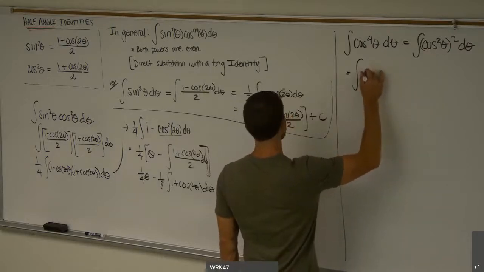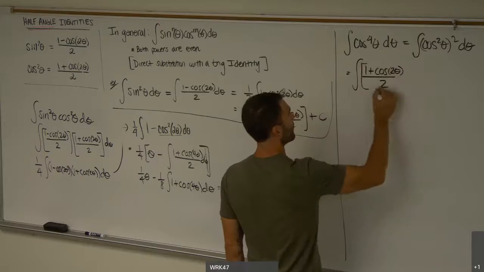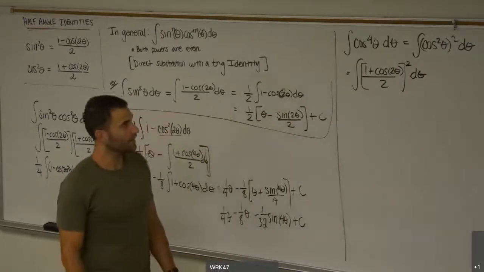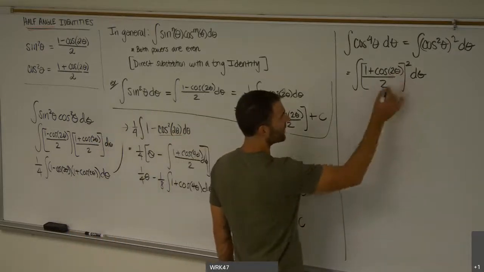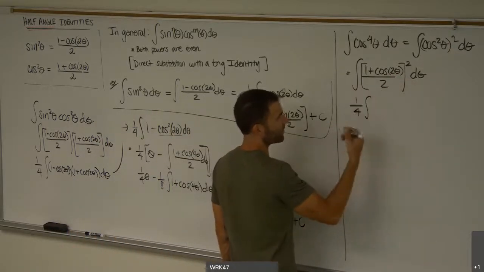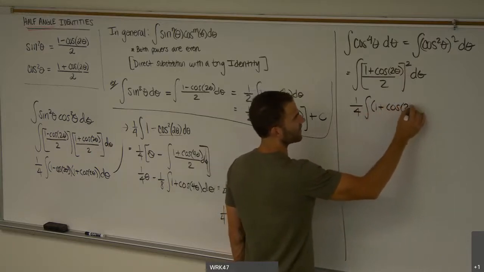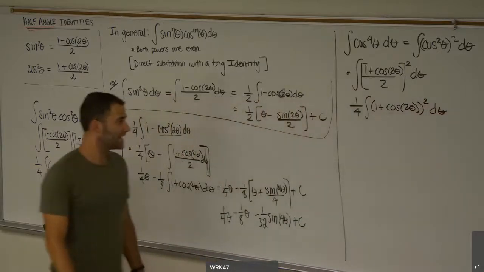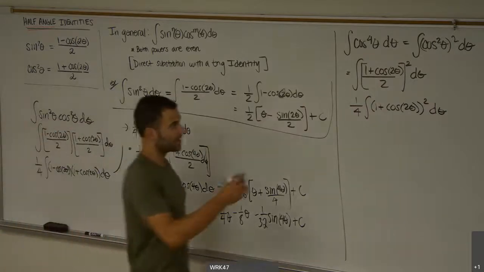So we can rewrite cosine squared as (1 plus cosine of 2 theta) over 2, but then that would need to get quantity squared. Now don't worry, when we square, we can square the numerator and denominator separately. Squaring the denominator gives me a 1/4, which can be pulled out of the integral anyway. And then we would need to square this term here, which again, just like we did in this example, we just need to FOIL some stuff out. In this case, we're squaring a binomial instead of multiplying conjugates. And so just being careful, we're going to get